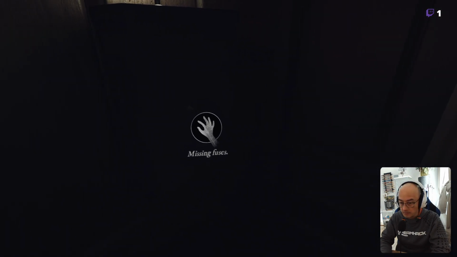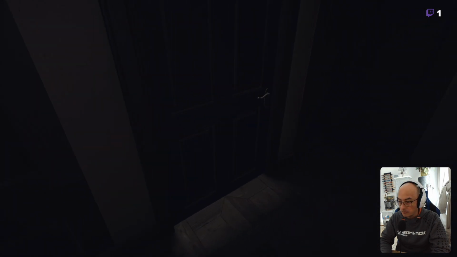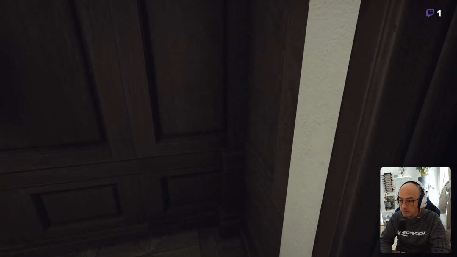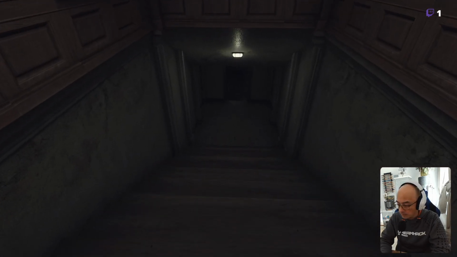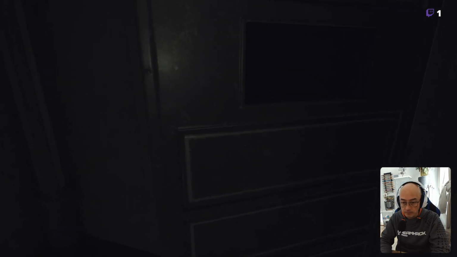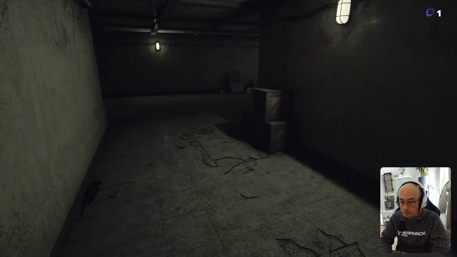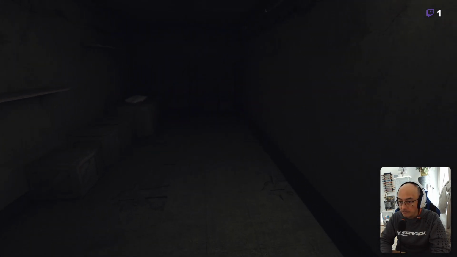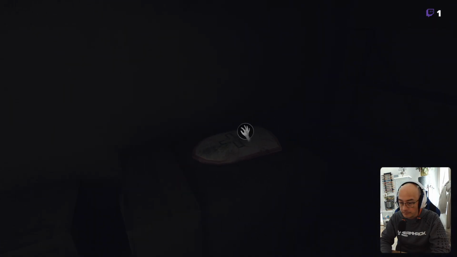You have here missing fuses. So if you open this door you can get to the basement. And you will have to walk through and find the fuses. They are here.